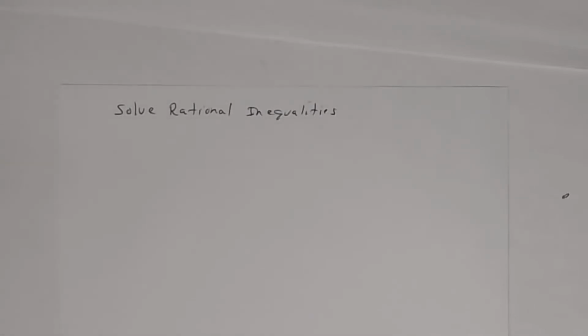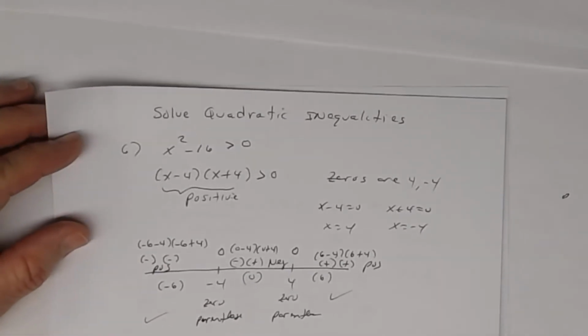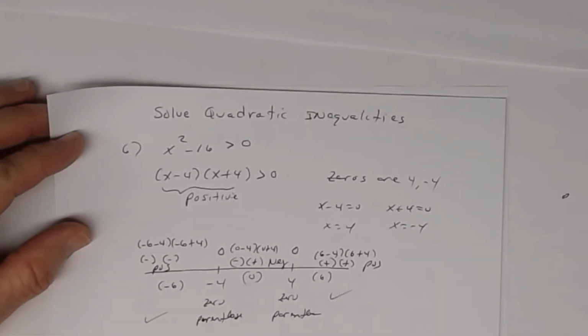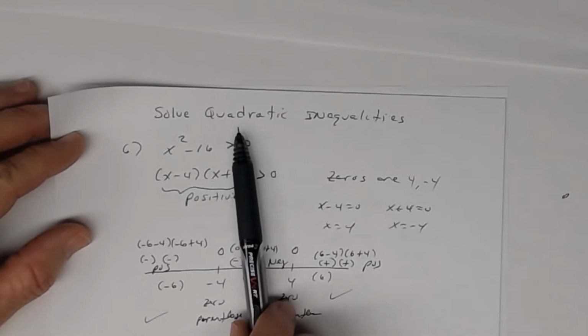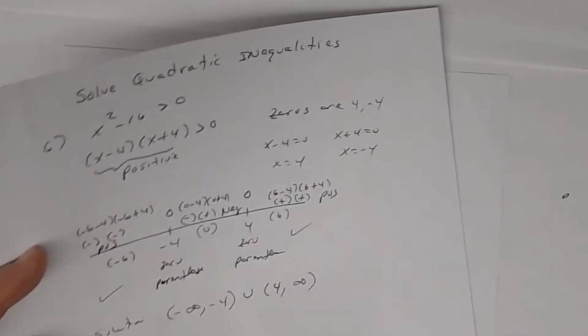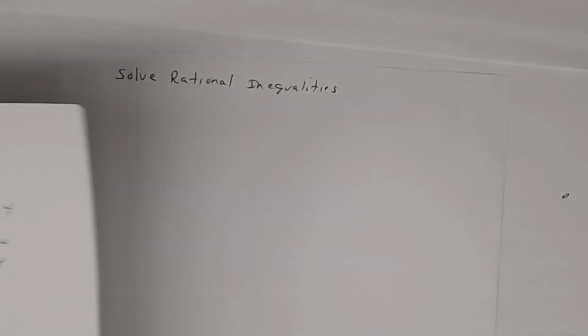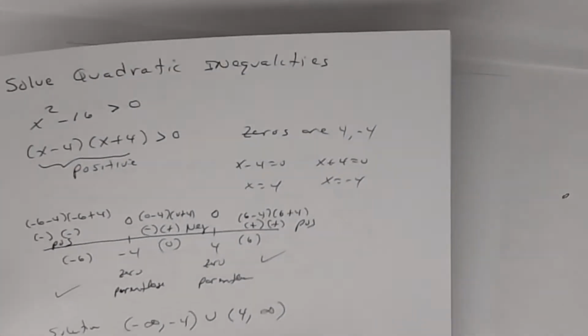In this lesson, we're going to learn how to solve rational inequalities. Before we do, remember that in the previous lessons we saw how to solve quadratic inequalities and higher order polynomial inequalities. This is a polynomial inequality, in particular a quadratic one, and we saw how to do that. When we solve a rational inequality, the process for the most part is the same idea,